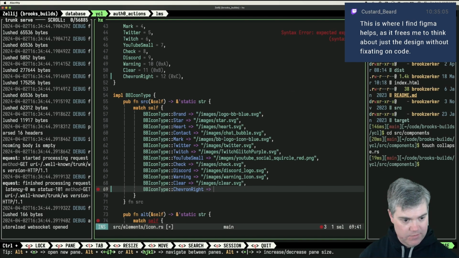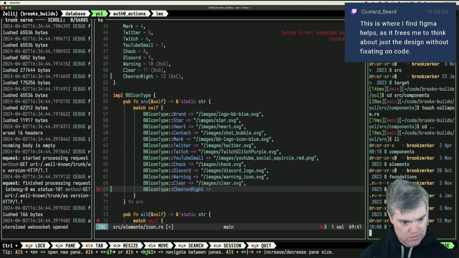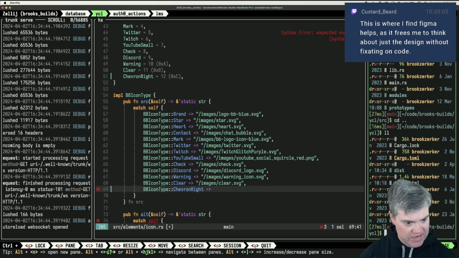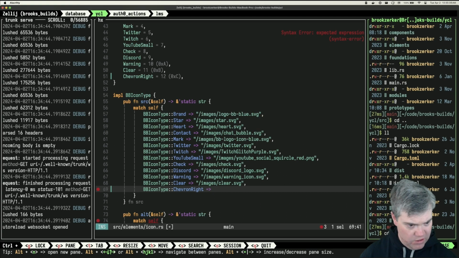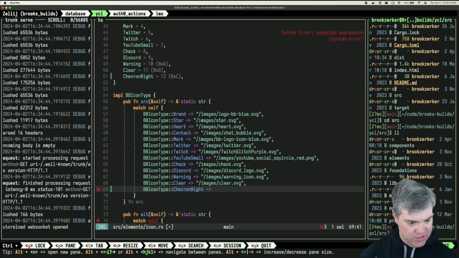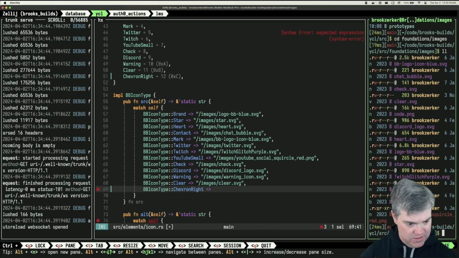Okay, this goes into images. So I want to... Is there an images in here? No, the images is outside, right? Wait, no. Source. Oh, it's in foundations, images. That's where. Okay, so if I copy